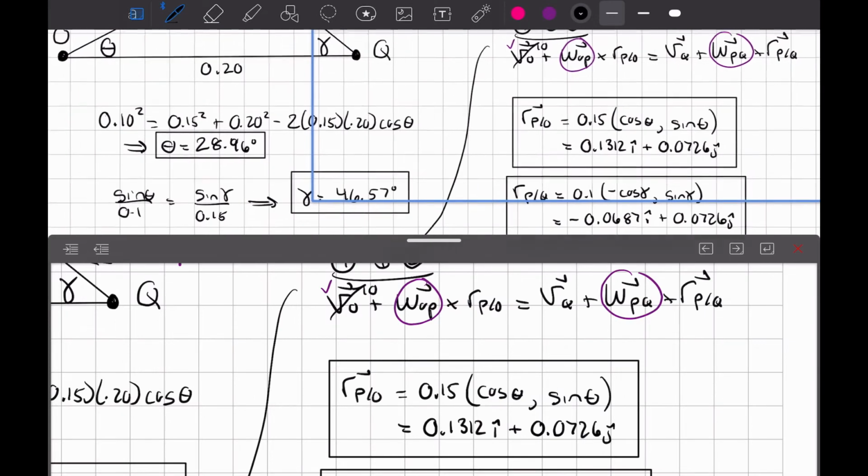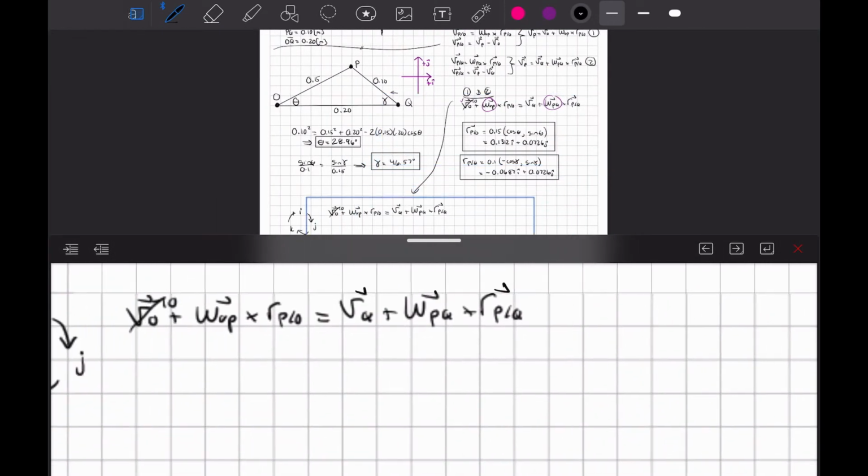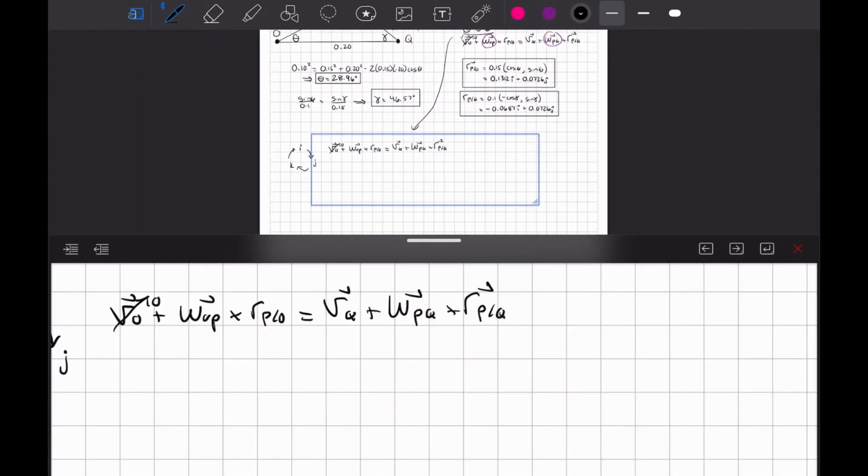Okay, cool. There's that. So omega OP, we don't know that, but we'll just leave it in there. And here's another thing too. We know that omega is going to be a vector normal to the plane of motion. So it's going to be in some k hat direction that we don't know. Because we don't know what direction it's actually going to be in, we will just assume that